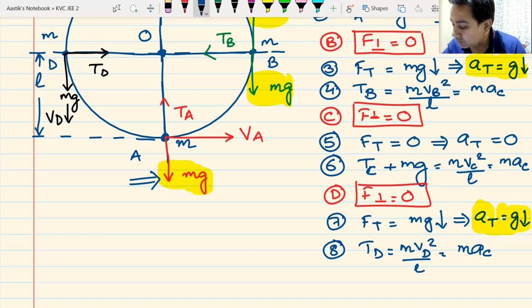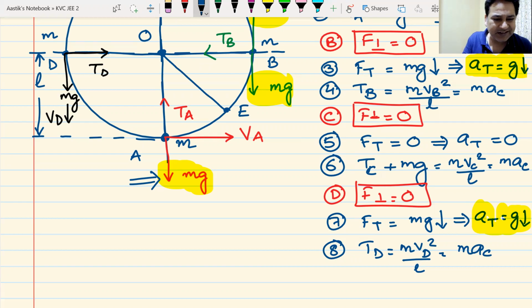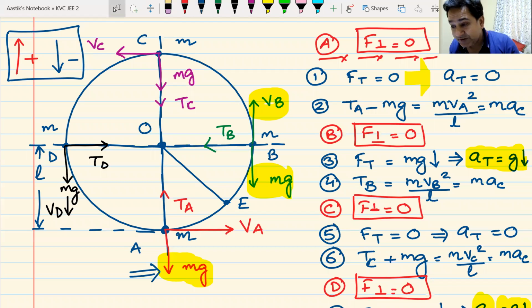Comes my next hero. My next one is here, point E. Now, I've taken one point between A and B, and since I am very symmetrical and I like symmetry in my life, I have taken one point E between A and B. I can take a similar point F